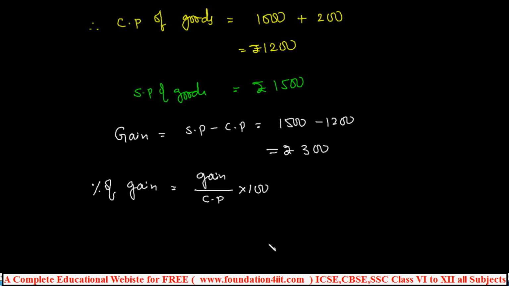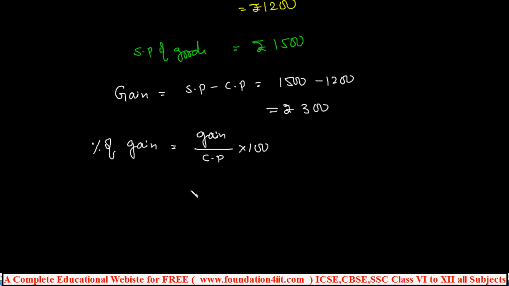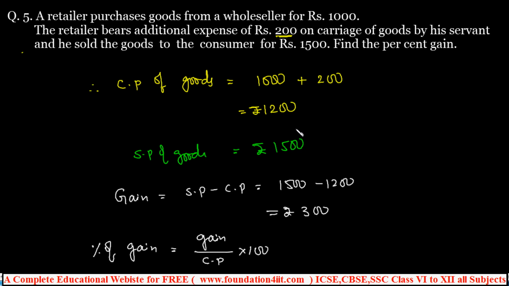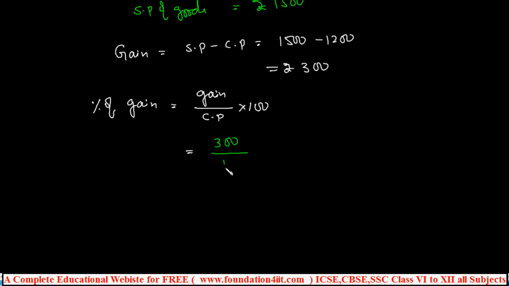Now in this, you already got the gain as rupees 300, and the cost price along with the overhead is 1200, which we should take, even for percentage, not 100. So now 1200 is the cost price, right? 1200 into 100, again according to the formula. Can cancel this: 100 ones are 1, 12 and 3 table, 3 hundreds and 3 fours.